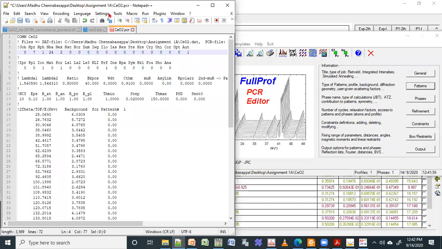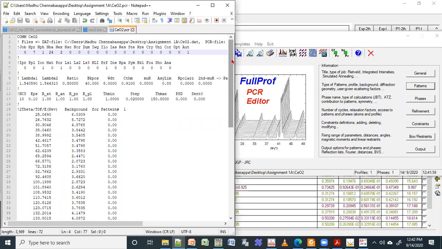Okay, so always make it as 1. That means it is automatic mode. Automatic mode, because if you have made some small mistake, your program is going to take it by default. Okay, it will correct by itself. So that is why it is called AUT is 1. Okay, so this is the only thing that you need to change.